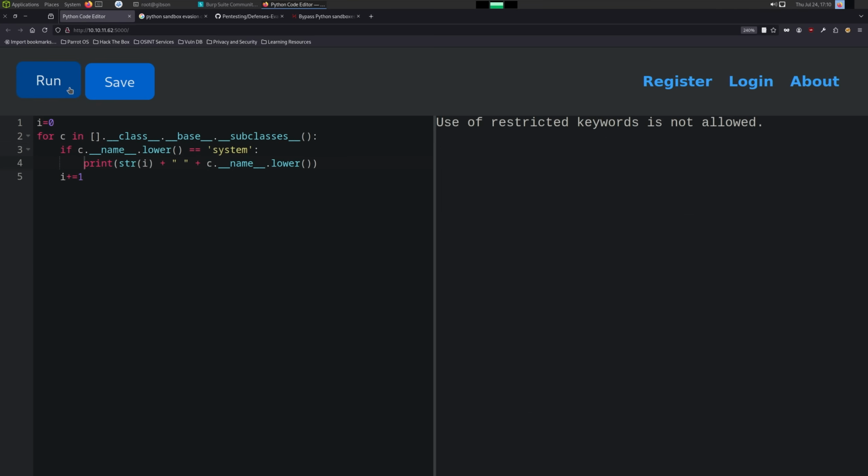When we run, we have the keywords not allowed. But we can break this string up. So we can do sy, then st, then em. When Python combines this all, it becomes system, and we don't have anything. Let's try popen. That's another common way to get code execution, right? So if we change this and run, we see popen is loaded at